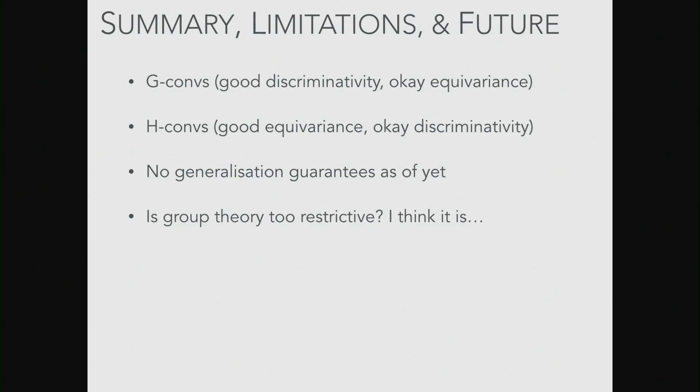And so more personal questions for me are like, is group theory too restrictive? I think it is, because you have to limit yourself to transformations which are invertible. Scale transformations in general are non-invertible. If I take an image and reduce it to half of its size, I get rid of a lot of the pixel information. I just discard that information. I cannot invert that operation perfectly.